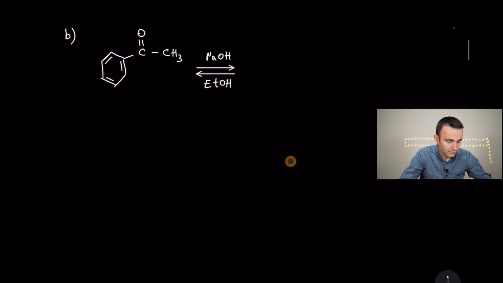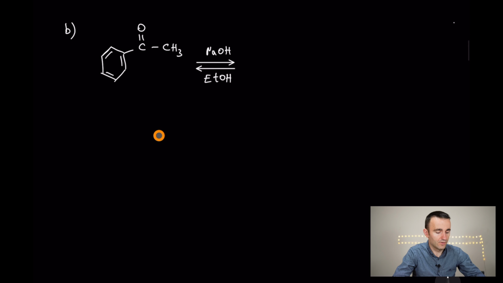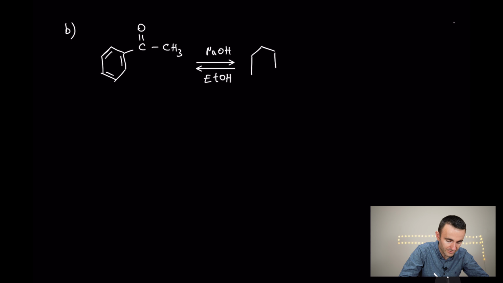Let's continue now to another case with ketones. Let's do the condensation of acetophenone. So the first stage is going to be the formation of the enolate. The base is going to remove one hydrogen from here. This is going to be 2. And this bond is going to move here. So what you're going to have,